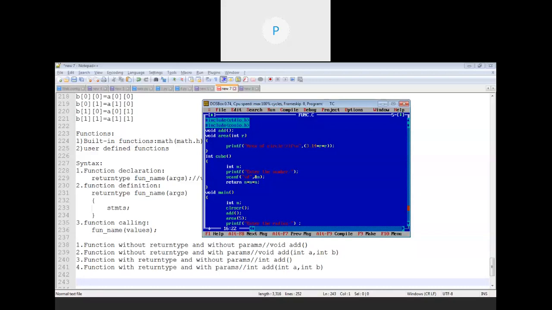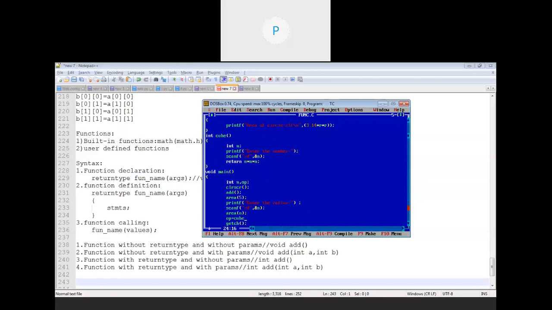Now, how to invoke such kinds of functions? Because I'm not printing the output over there. What I have taken is just the number and we are returning the calculated amount. So in this case, there are two ways of calling this function. The return type of the function is int. So take another integer variable, say output.